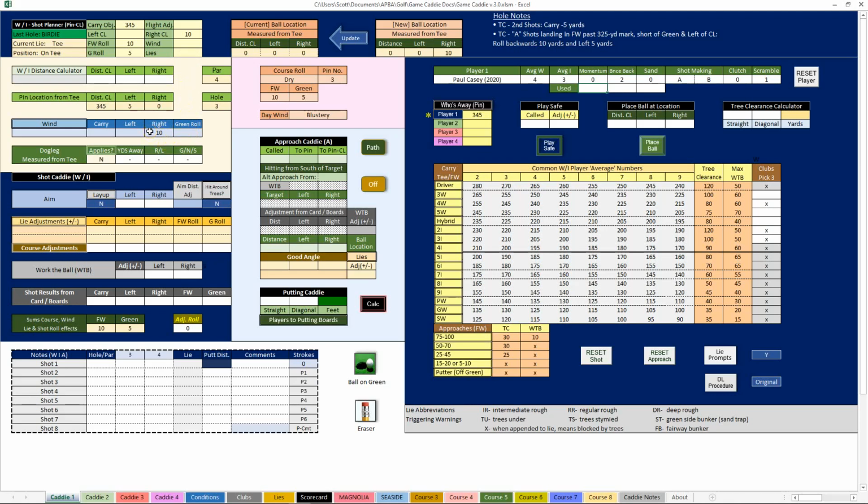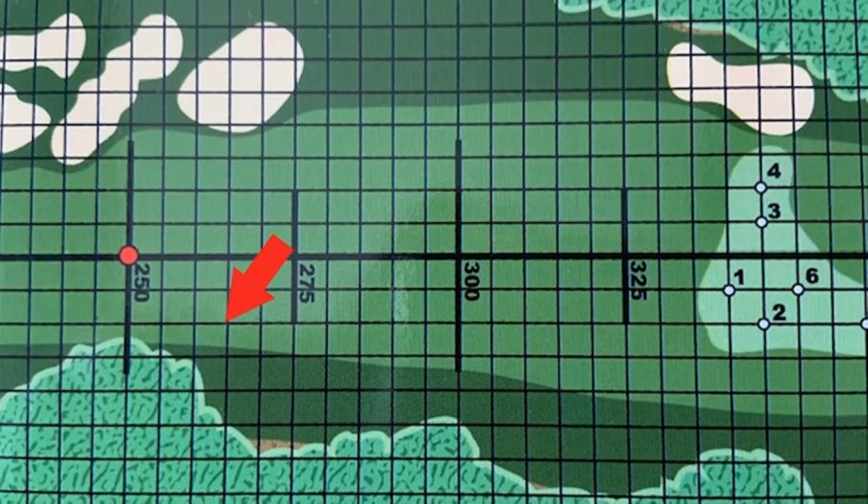But right now we know that if we hit a perfectly straight shot with the current wind conditions of 10 to the right, our shot is going to land 10 yards to the right of the center line. And that's not on this particular hole such a bad thing necessarily, but if we look at the course itself and we see that Paul has an average W of 4, which means he's likely to hit a shot that carries 265 yards or so, you can see that that's just enough to get past those trees